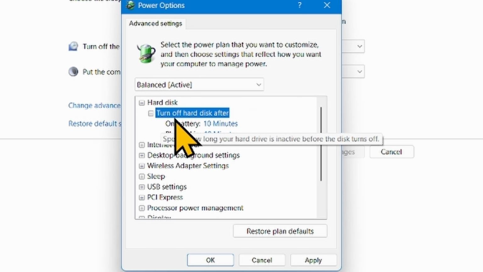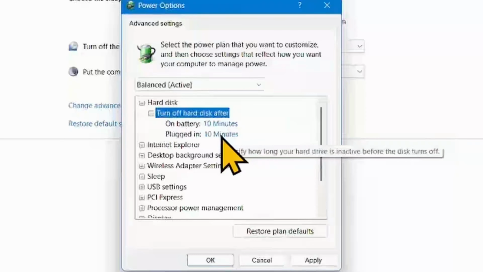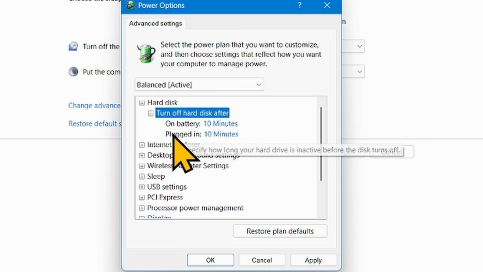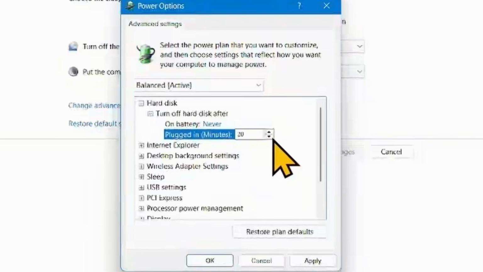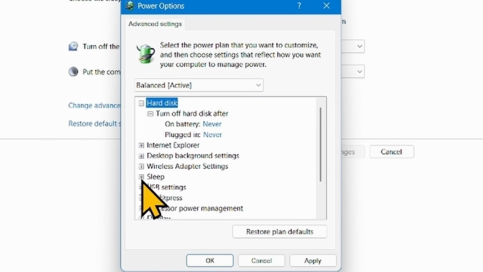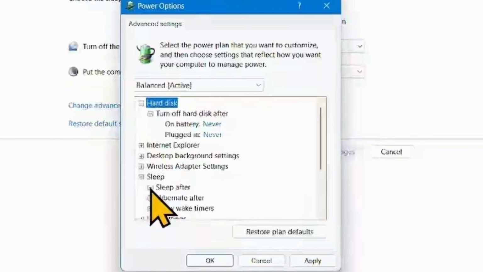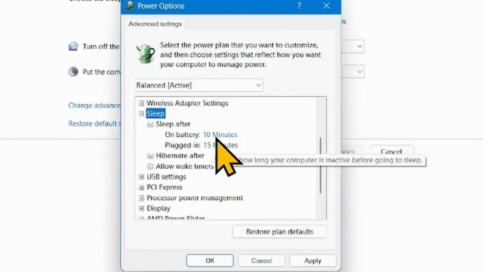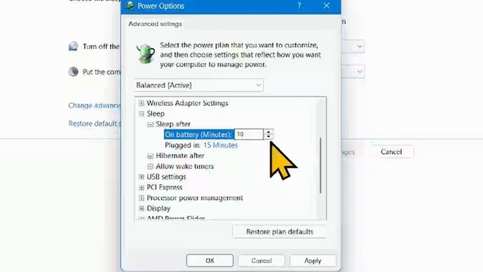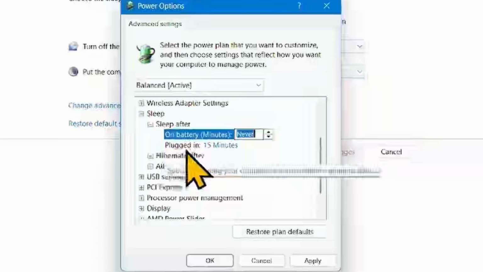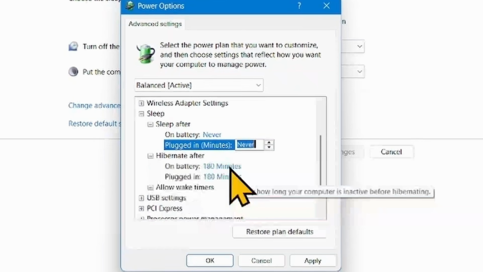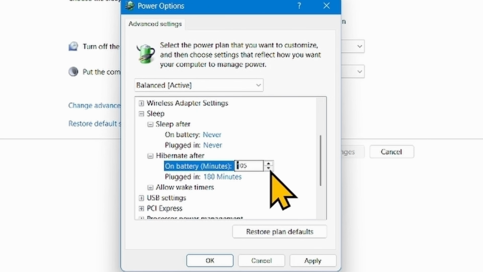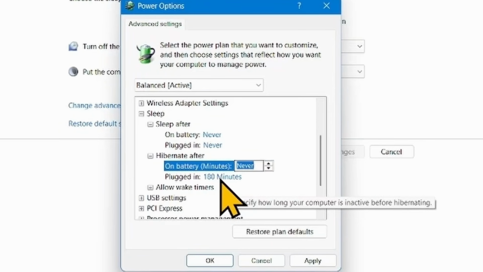For hard disk, for turn off hard disk after, set never for both on battery and plugged in. Go to sleep and expand it. Expand sleep after. Click on this option and minimize it to never for on battery and also for plugged in. For hibernate, also select never, and for plugged in,